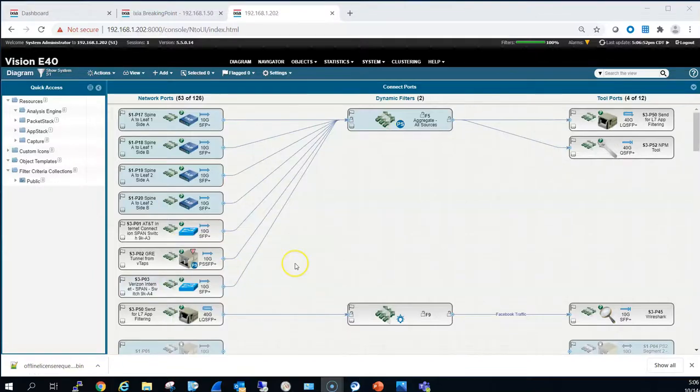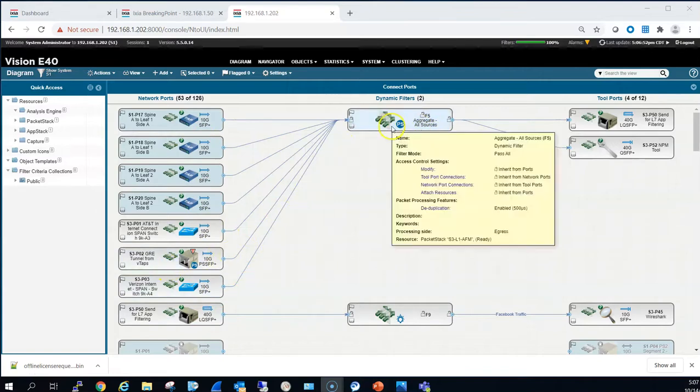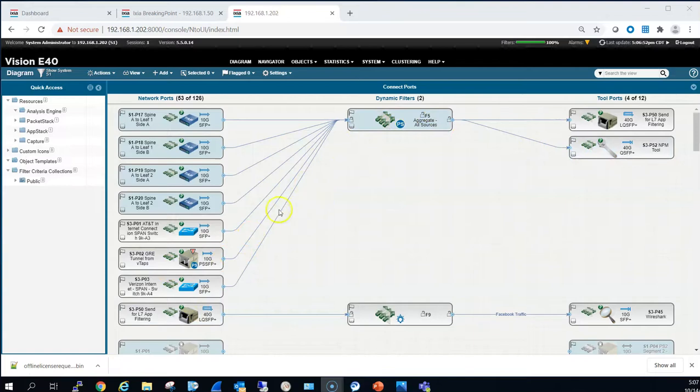All right, so let's take a look at what the configuration looks like on the packet broker. As you can see here, we have a number of taps and some spans, GRE, feeding into an aggregation dynamic filter and then off to the tools. While I have a number of ports available, again, today we're going to focus on breakout for 40 gig